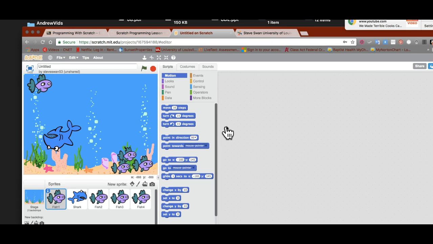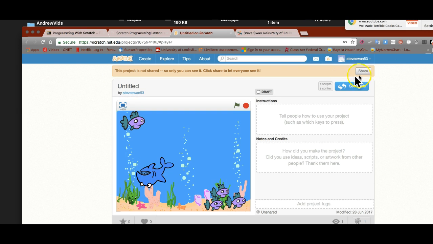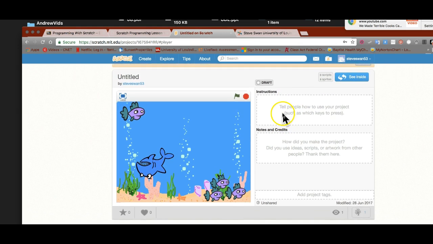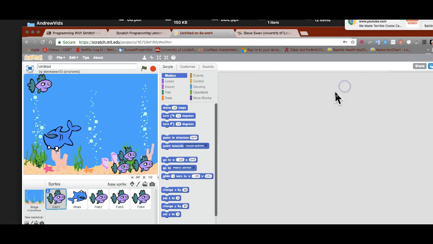And all you do is click on that See Inside. Whoops, this one doesn't have any code. But you can come over here and you can see what's inside here,